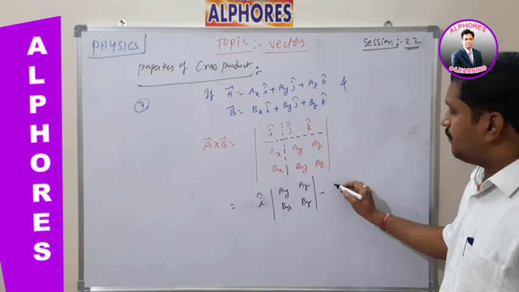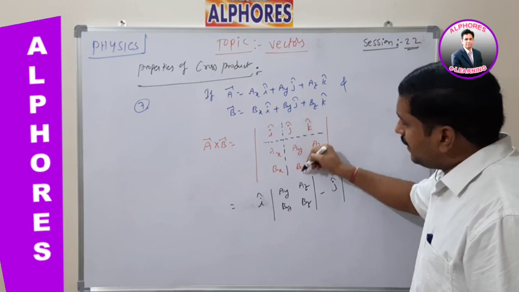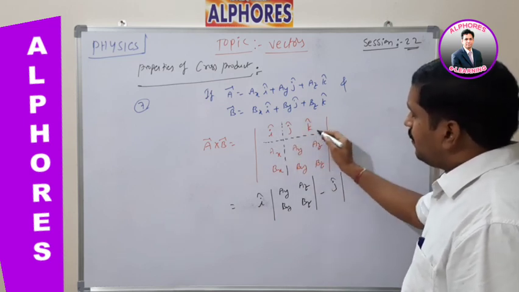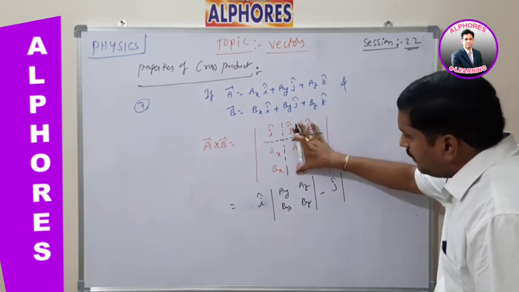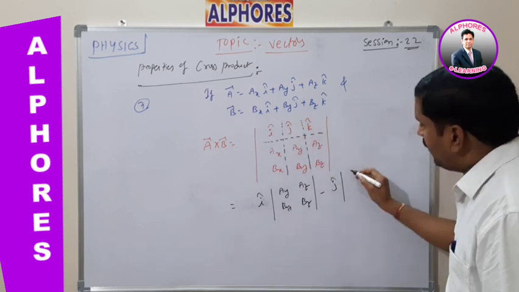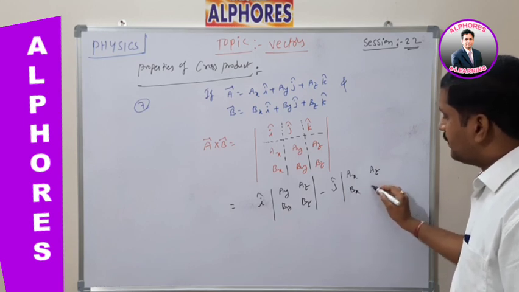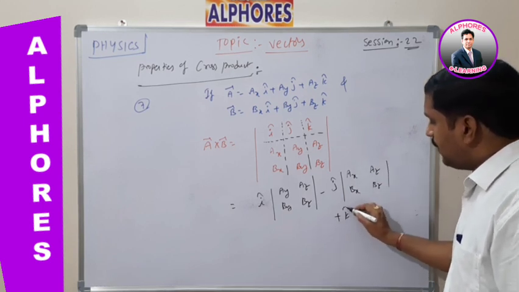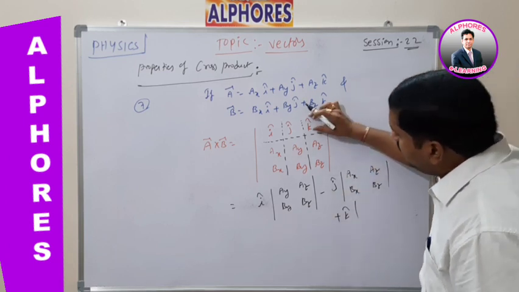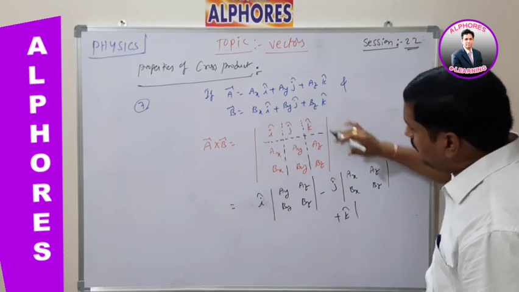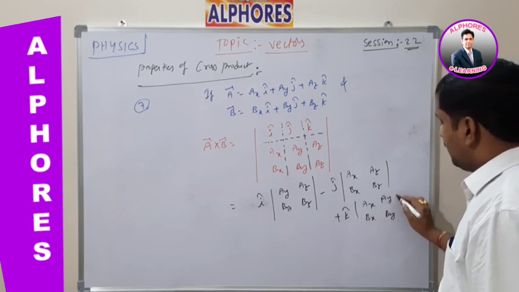Listen carefully. Next, I have to take this j cap, meaning j cap into, and we have to neglect the second row and first column, the first row and second column, like this. How much is it, j cap into how much? Suppose we neglect the second column and first row, what happens? This is the determinant of the 2 by 2 matrix Ax, Az and Bx, Bz, plus k cap into. Suppose you are taking the third column, what happens? This k cap into, neglecting the third column and first row, how much is it? Ax, Ay, Bx, By. Okay, listen carefully.